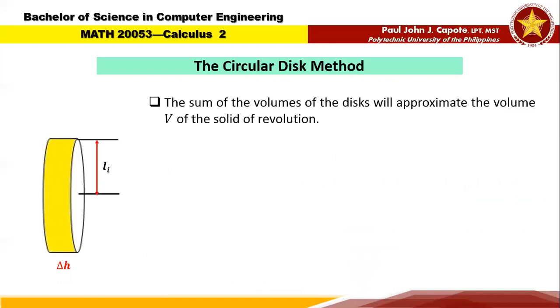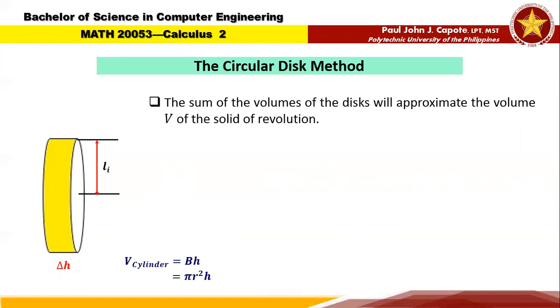The sum of the volumes of the disks will approximate the volume of the solid of revolution. From plane geometry, we learn that the volume of a cylinder is equal to the product of the measures of its base and height. Since the base of the cylinder is a circle, the area of the base is pi r squared. So to find the volume of a cylinder, use the formula V equals pi r squared times height,